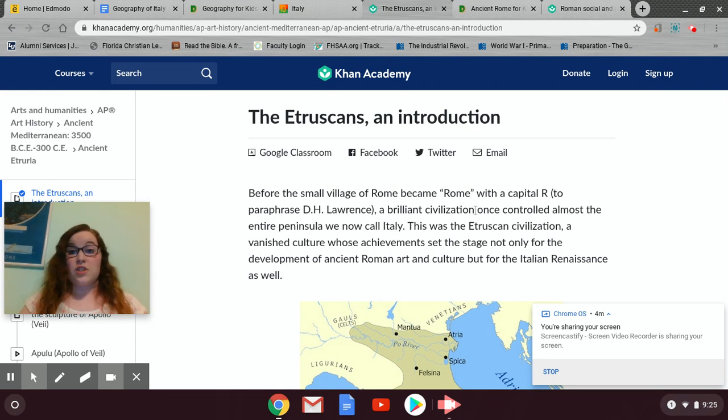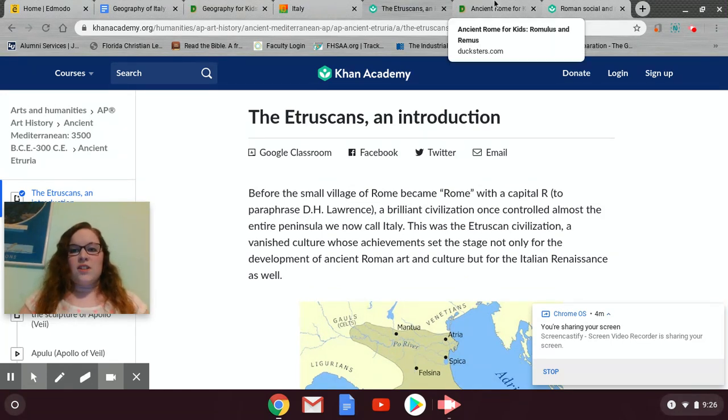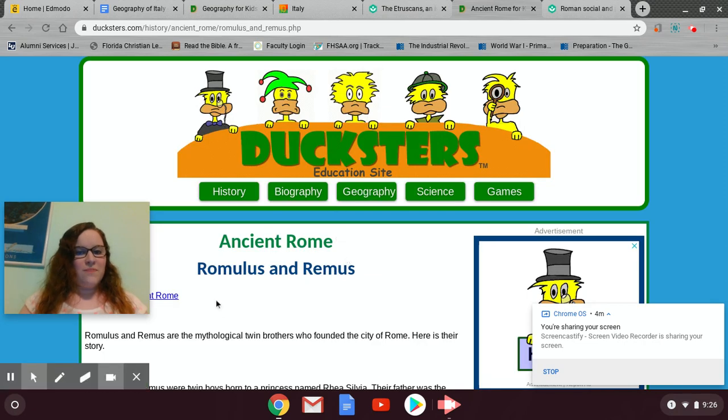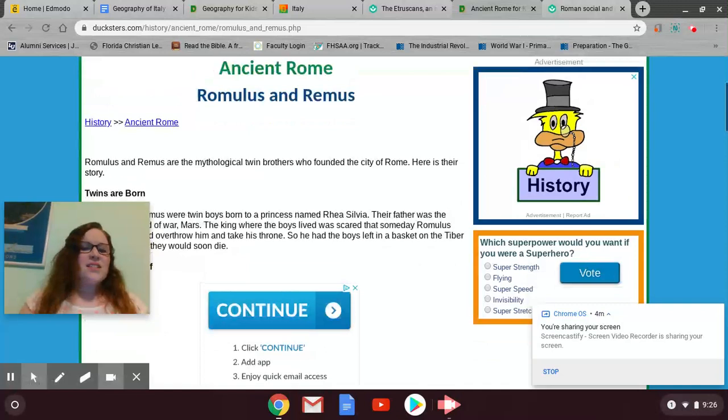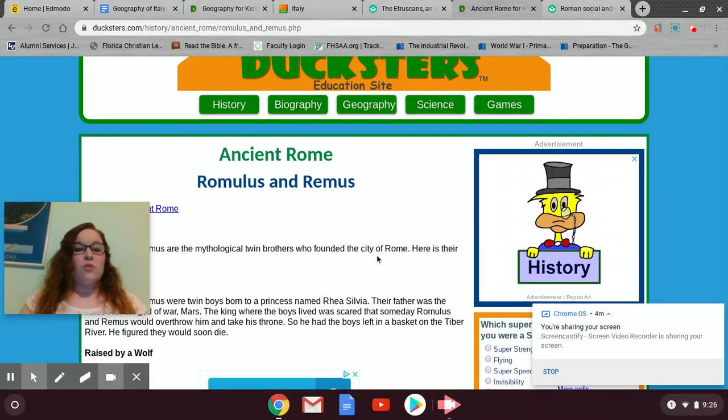And after we finish that, we have just a couple more that we're going to go over. Those are going to be based on the very beginning of Rome, the myth of Romulus and Remus. It may be a myth, it may not be a myth. We don't really know. A lot of people think it's a myth, though it probably is. We don't really have any solid proof that this happened, but this is the story that was told about how Rome was started. So you're going to read this and answer some riddles on that.